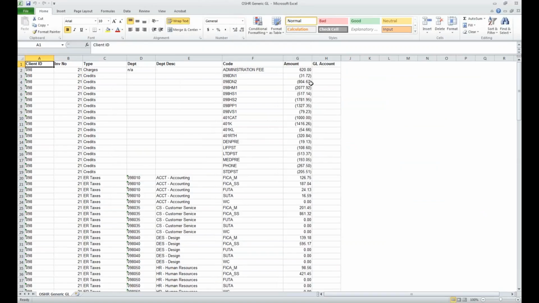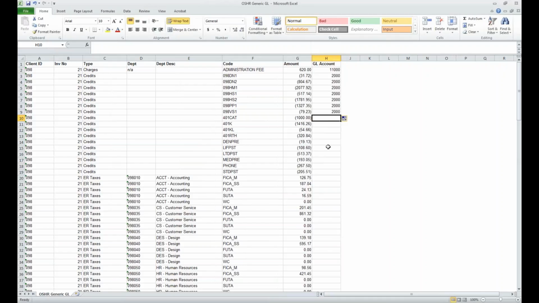Essentially, what we want to do is fill out this. This is where you will put your mapping in. So you could say, I'm just going to make up an account for right now, but their administration fee should go to 11,000. Now these are all credits. In a lot of cases, they may put a lot of credits to a lot of things. So I'm just going to make up something here. You can of course start to